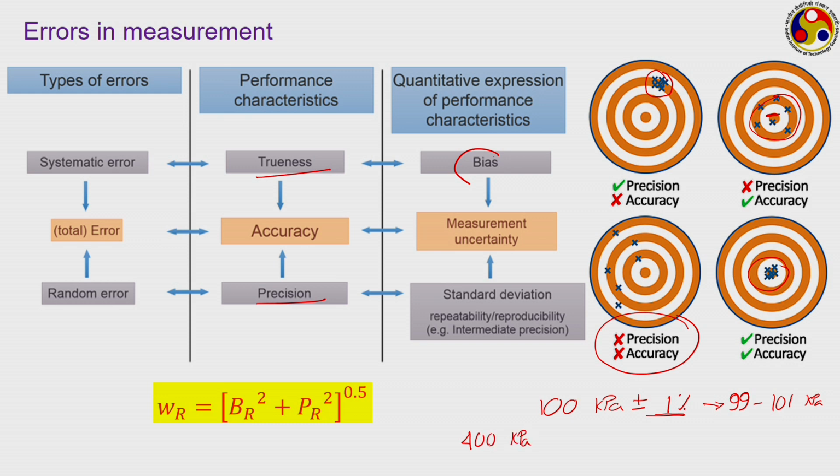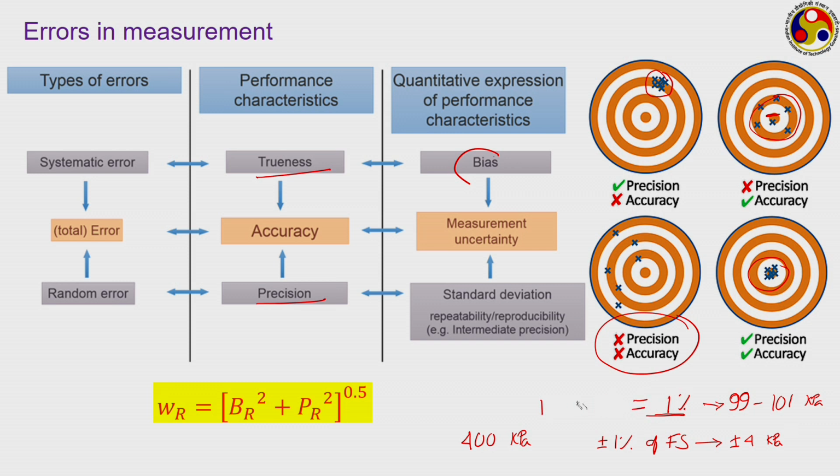So, its full scale or the maximum value it can record is 400 kilopascal, and if it is having plus minus 1% error of this full scale, that means the error that it may encounter is 1% of this maximum value, that is plus minus 4 kilopascal, and that is fixed